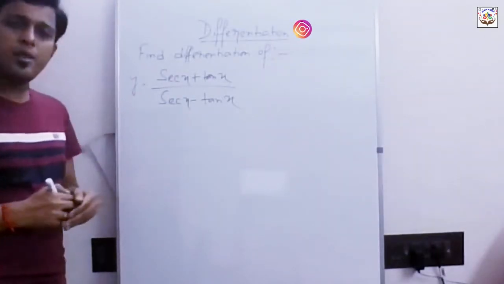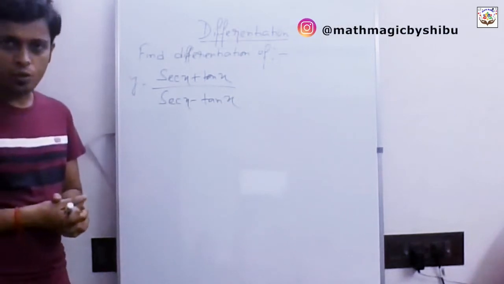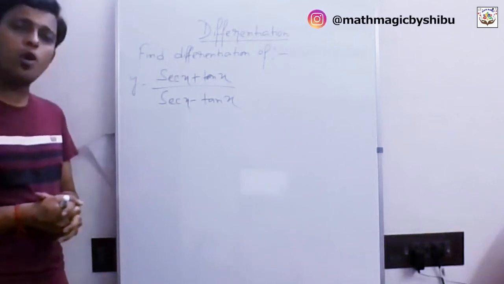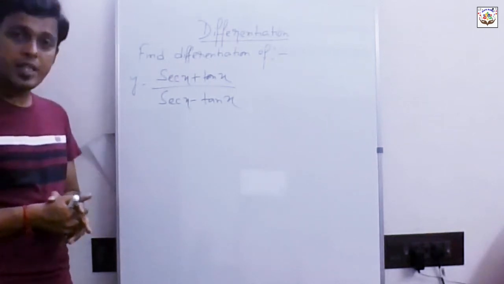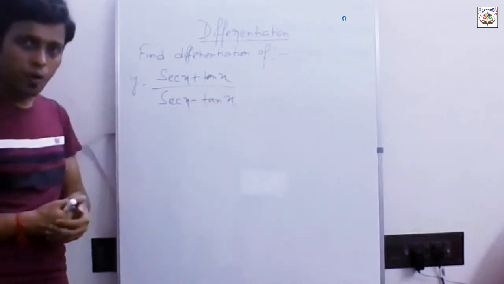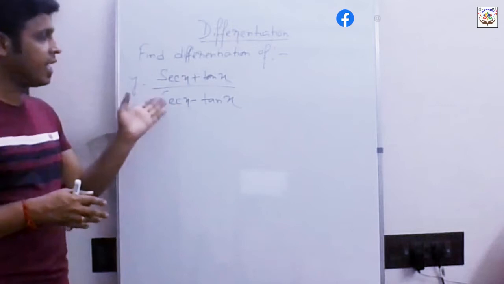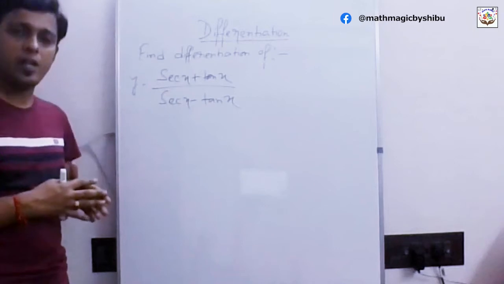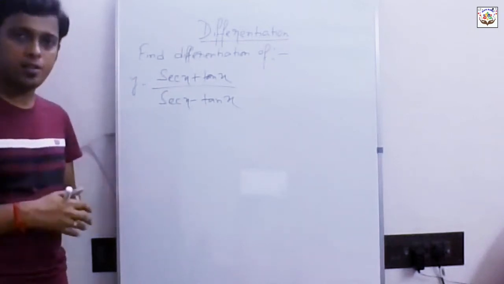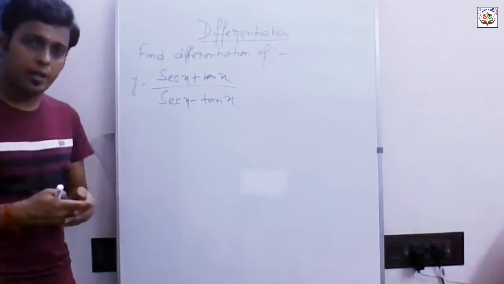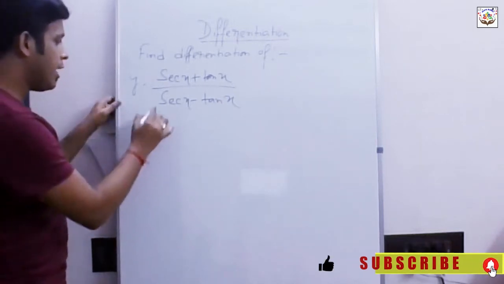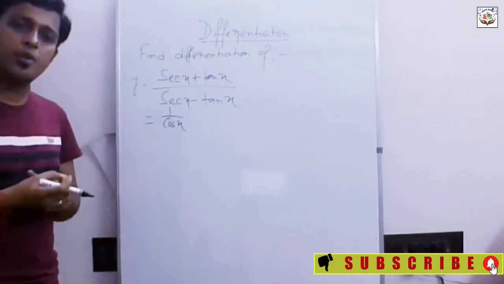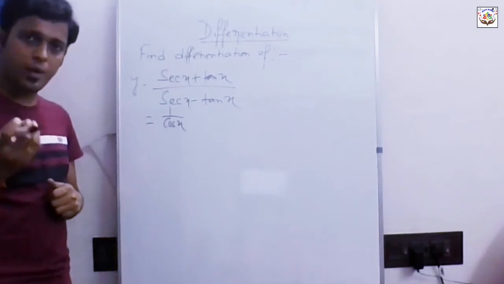If you remember, in the early differentiation videos I told you that if we find a problem represented in numerator and denominator form which has sec x and tan x, we should try to represent this kind of trigonometrical function in terms of cos x and sin x. So we will try to do that. Can we write sec x as 1 divided by cos x?